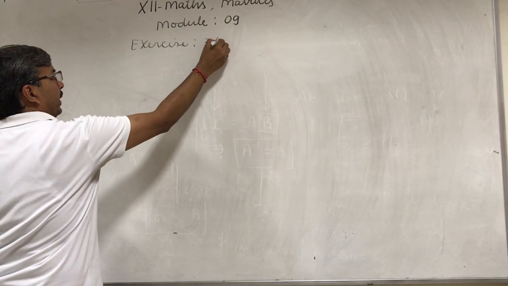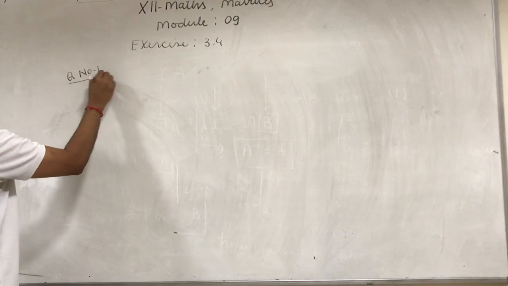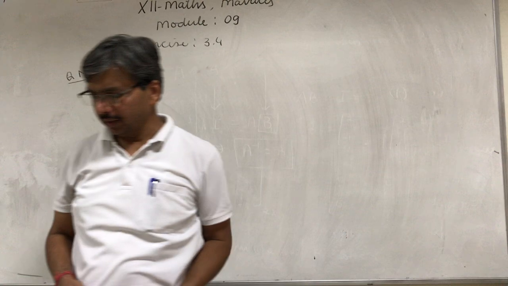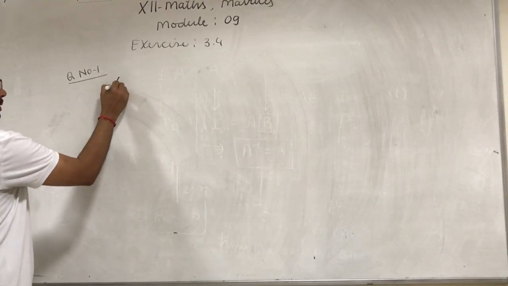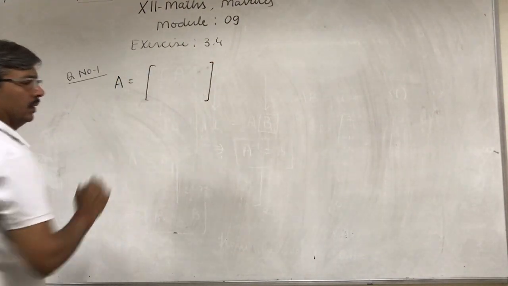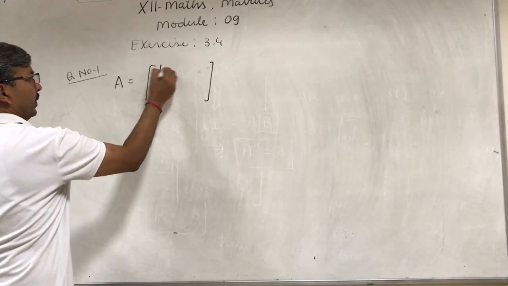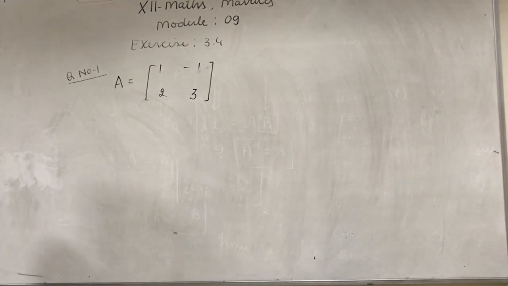Exercise 3.4. Question number 1. Question 1 is: find the inverse of the matrix A. The matrix A is given: [1, -1; 2, 3], by using